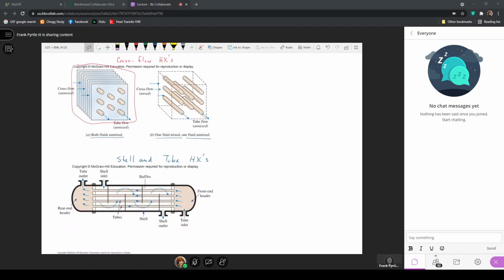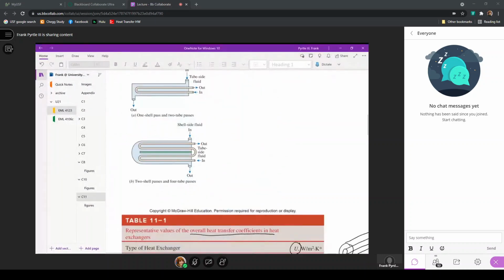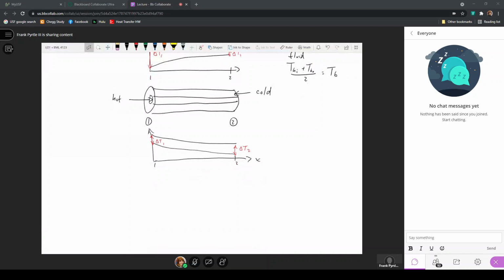And the same would be true for the shell and tube heat exchangers. The fluid that's moving through the shell here in and out, and through the tubes in and out, they don't share the same position. So we can still use the log mean temperature difference method to write the expressions that we would use to solve these problems. But for these two heat exchangers, when we use the log mean temperature difference method, let's say for the shell and tube and the cross flow heat exchangers,